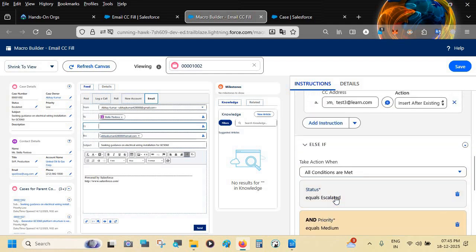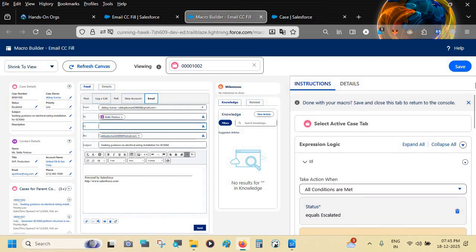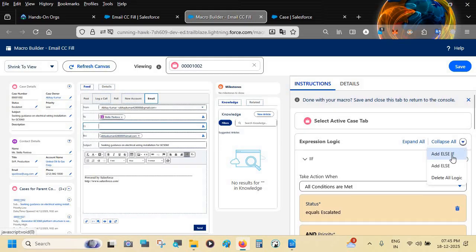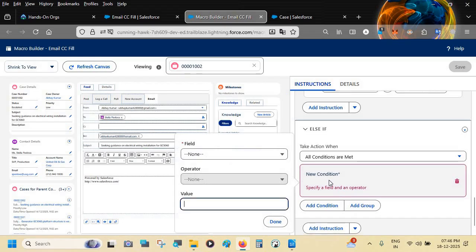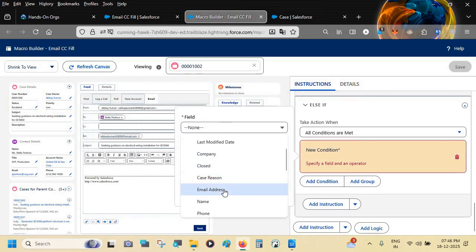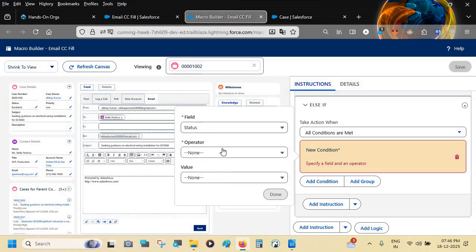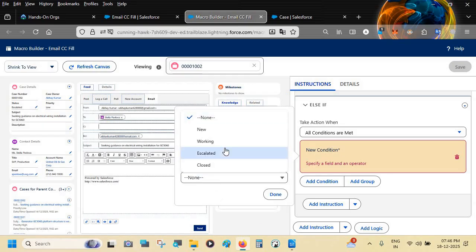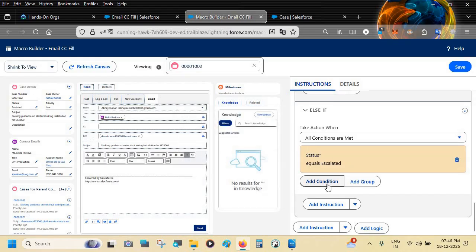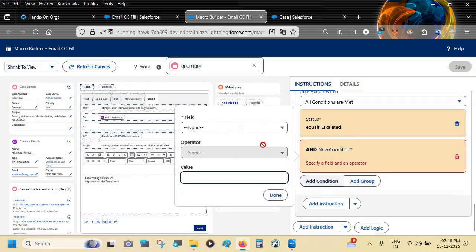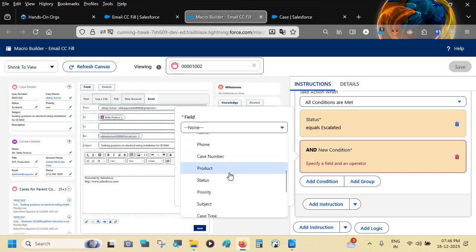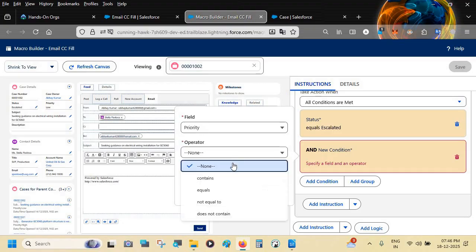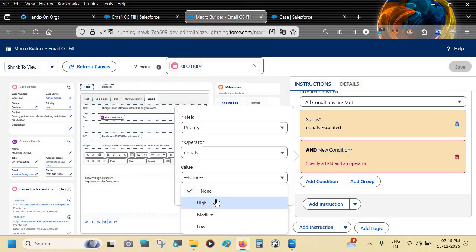Now similarly we need to add one more condition, so we will click here. Now we need to click here, add else if and add condition: status equals escalated. Click done, and now add another condition: priority equals high. Click done,